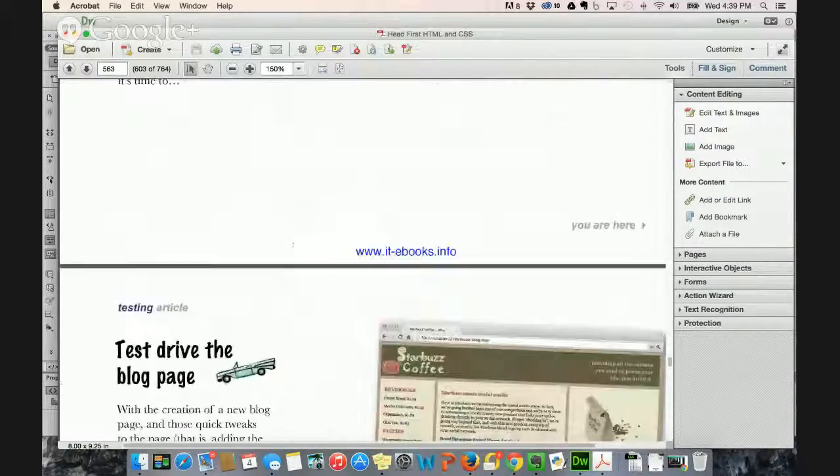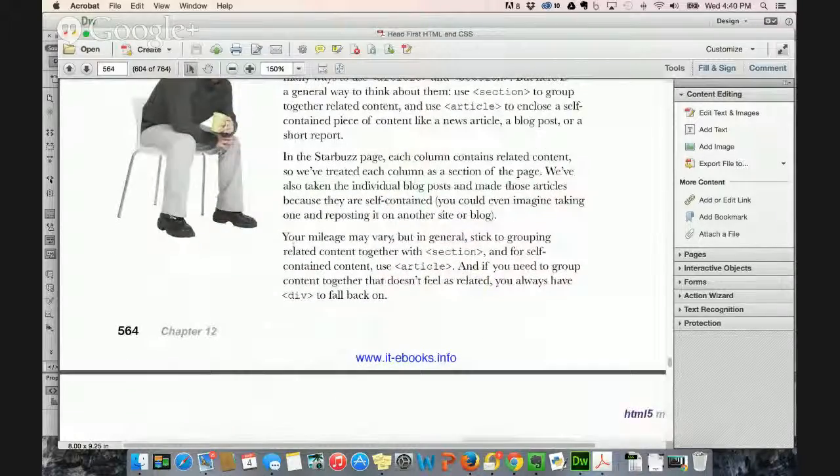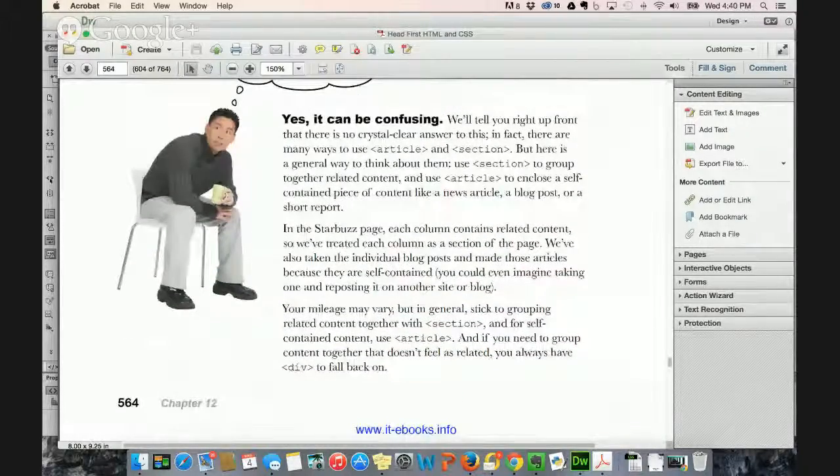All right, so here it has you create that blog page, take it for a test run, and it says, yes, it can be confusing. We'll tell you right up front that there's no crystal clear answer to this. In fact, there are many ways to use article and section, but here is a general way to think about them. You would use a section to group together related content and an article to enclose